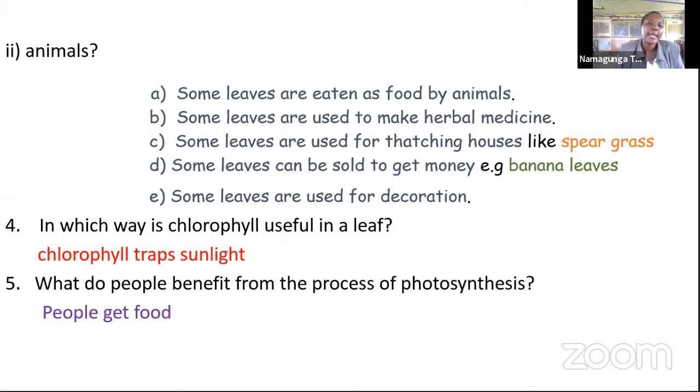Okay. B is talking about some leaves are used to make herbal medicine. A question comes to